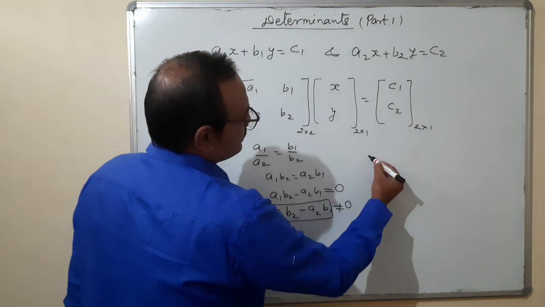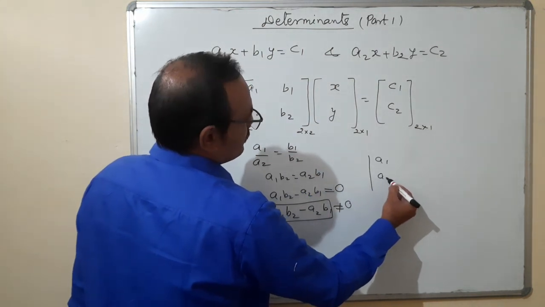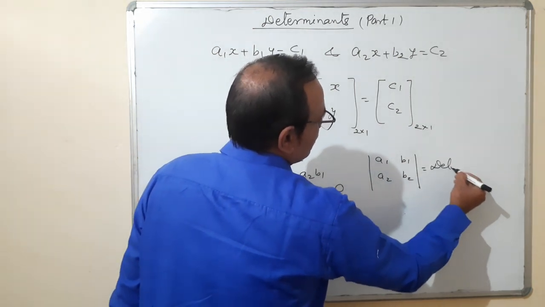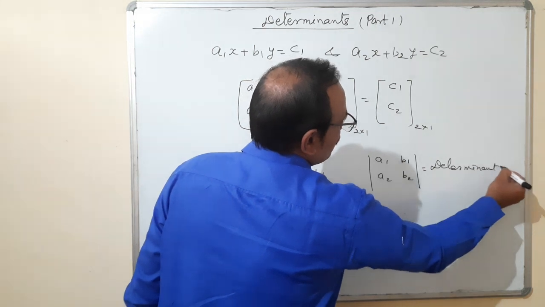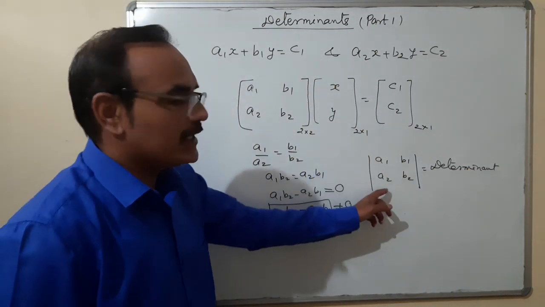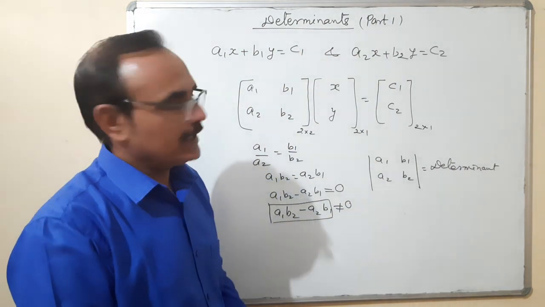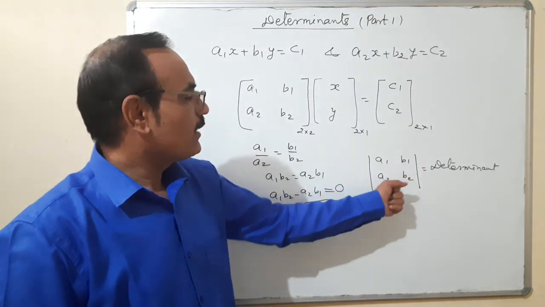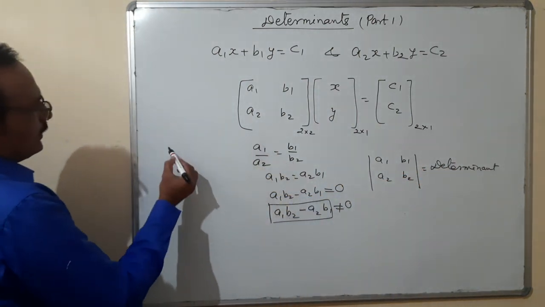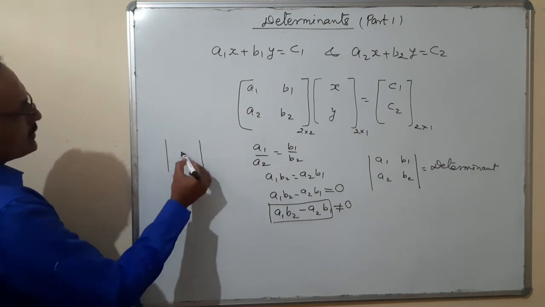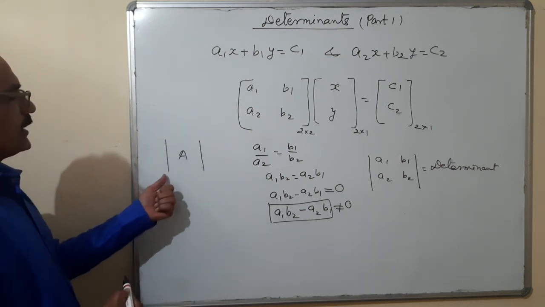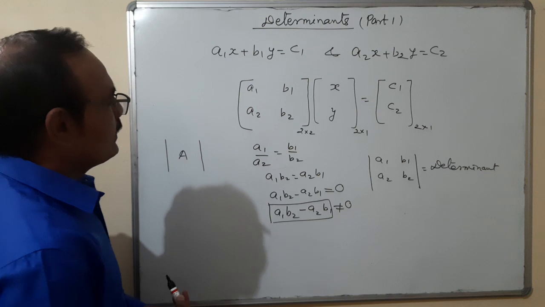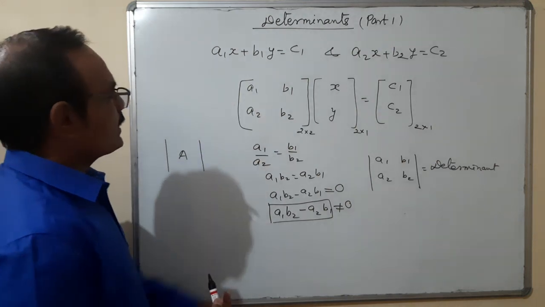That means the term with a1 a2 and b1 b2 is called a determinant, which decides which type of solution the linear equations have. So this a1 a2 b1 b2 is a determinant. Determinant is always written in two vertical lines like that. Suppose I have written this, that means this is the determinant value of A. It is not a modulus value, it is a determinant value of A.